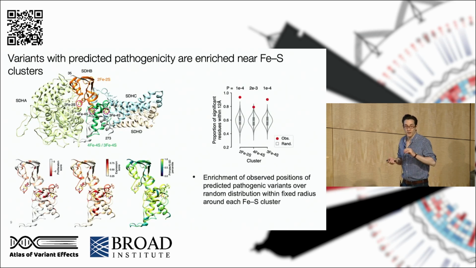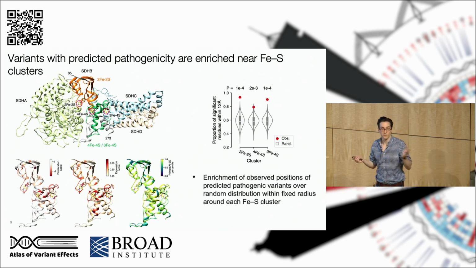So next we wanted to understand a little bit better what's going on functionally with the positions that we see depleted in our results. When we label the different scores we have directly on the structure, we can see there's a nice enrichment around certain positions, notably in the vicinity of where the iron-sulfur clusters are. And we tested this explicitly, asking what the probability of this enrichment would be by chance, given the total number of mutated residues that we observe. And indeed, this suggests that there's a strong enrichment of mutations near each of the positions of where these iron-sulfur